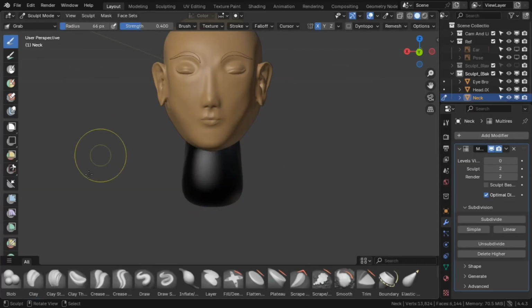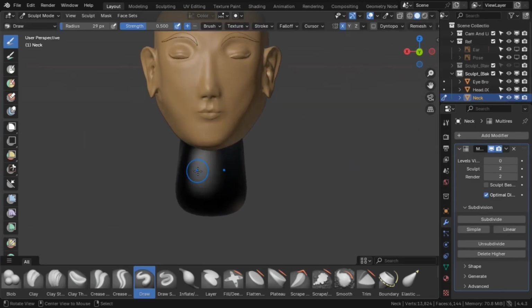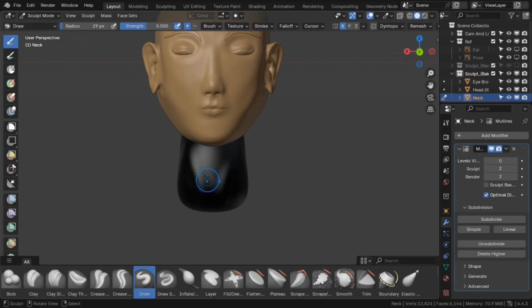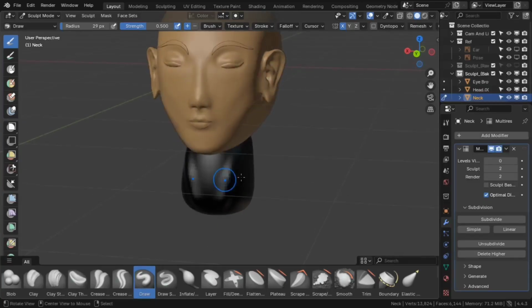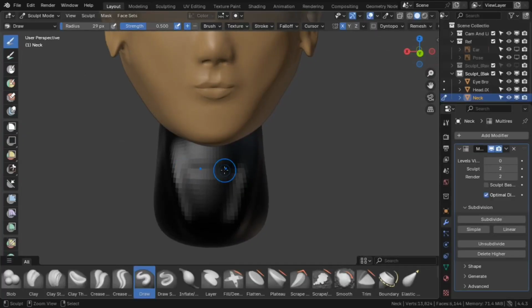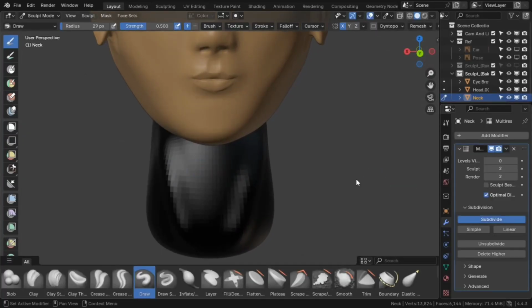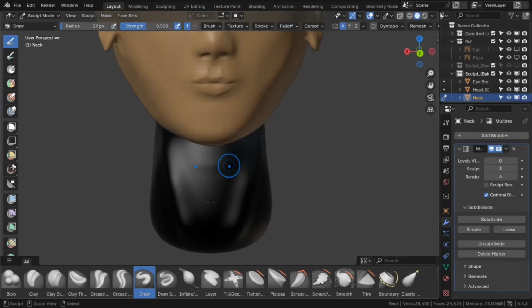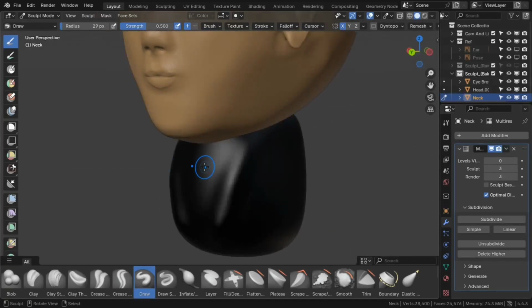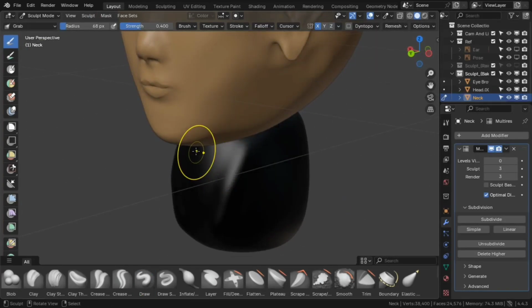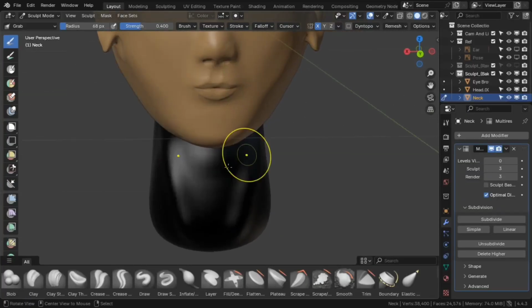Then you can increase the subdivision levels you're working on as you put levels of details one over the other. And like this, we would be creating the bone structure inside the neck area,